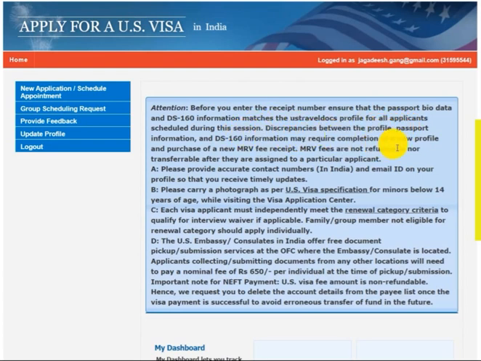A discrepancy between the profile, passport information and DS-160 information may require completion of a new profile and purchase of a new MRV fee receipt, and MRV fees are not refundable or transferable after they are assigned to a particular applicant. Notice 1A: please provide accurate contact numbers and email ID on your profile so that you receive timely updates. And B is, please carry a